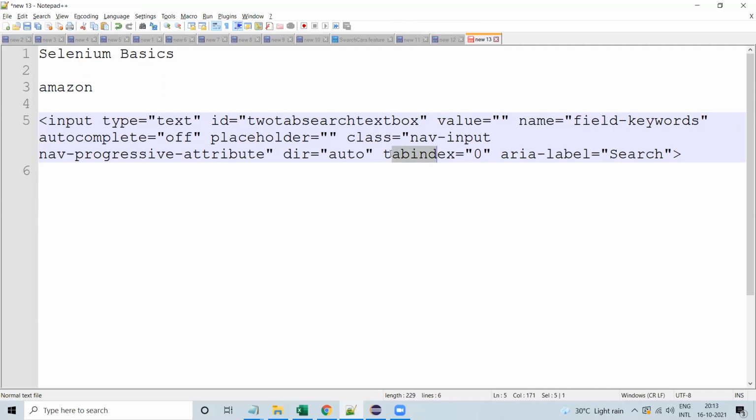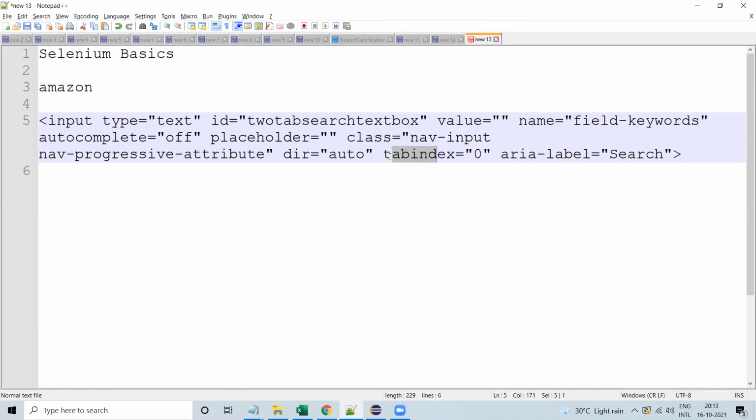Some elements may not have a name. These things vary from element to element, and depend on how the developer has developed the element and what components he has used. But we need not worry about the entire HTML part.